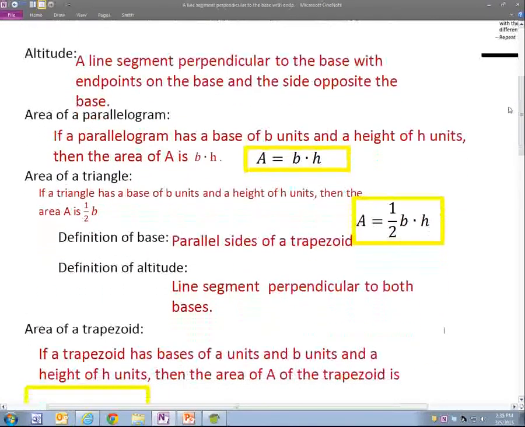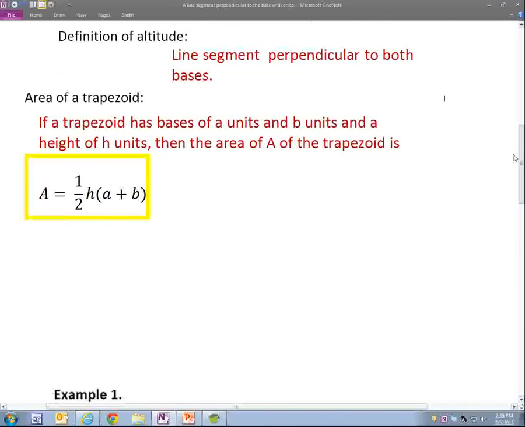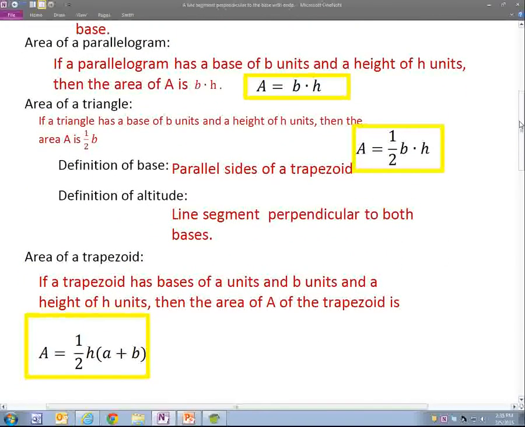This can also be found on my website, all the definitions and the area formulas. Make sure that you memorize those formulas. Those are highlighted for a reason, because that's one of the things you need to memorize when we are studying for this test, later after park testing. That's one of the examples of a